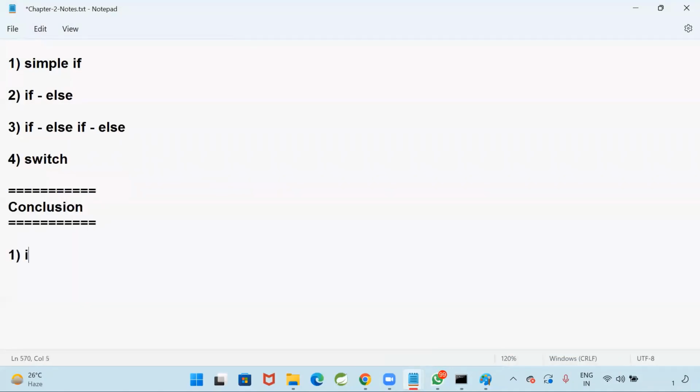What is the first point? If accepts only Boolean. If I use anything other than Boolean, it is giving a compile time error. That means the program failed to compile. If accepts only a Boolean value or Boolean expression, any expression which will give true or false. Only that is accepted by if. Now, when it comes to switch, what